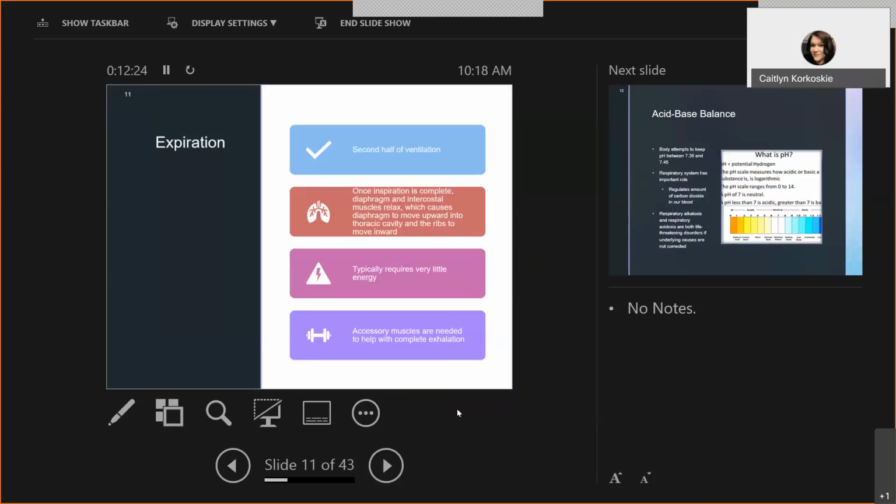And then expiration is the second half of ventilation. Of course, that's where we are breathing out the carbon dioxide, basically. Our respiratory system helps to get rid of some of those toxins, but so does your blood system, because they're also carrying anything that the body does not need to be excreted out as well. So they kind of both work in that way. But that's where the carbon dioxide is excreted from the body, through